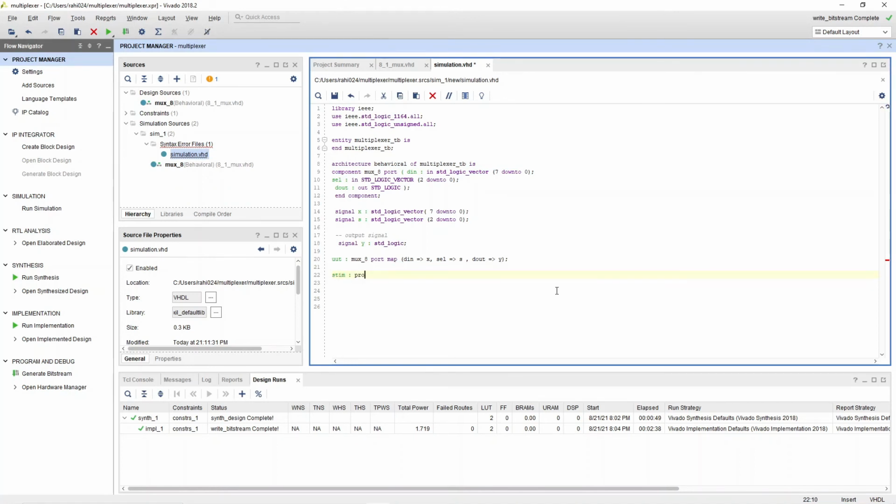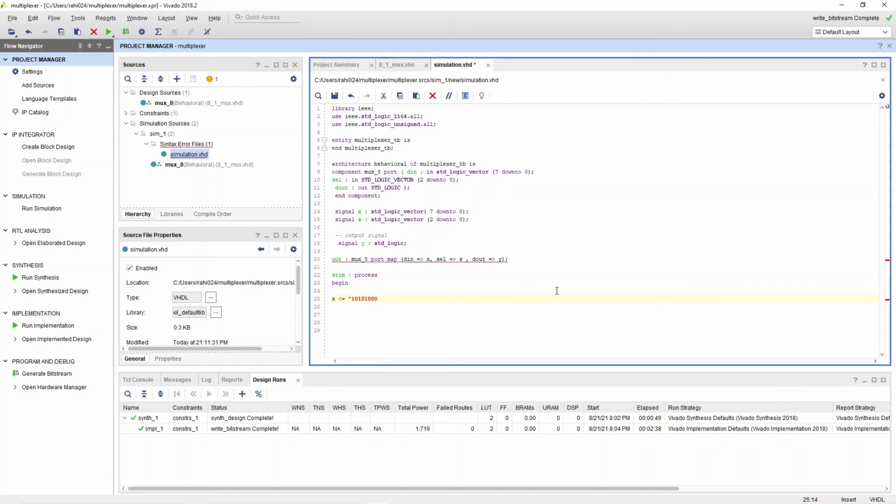Stimulus process. You can choose any name over here, doesn't matter. So stimulus process, and then begin. Initially, let's suppose I gave data to X or DIN as 10101100.